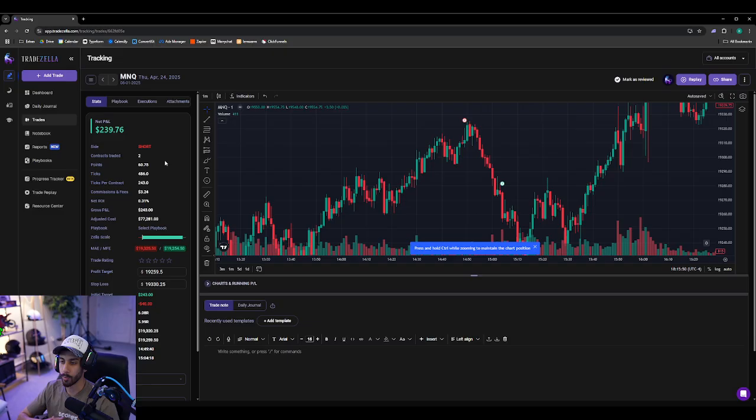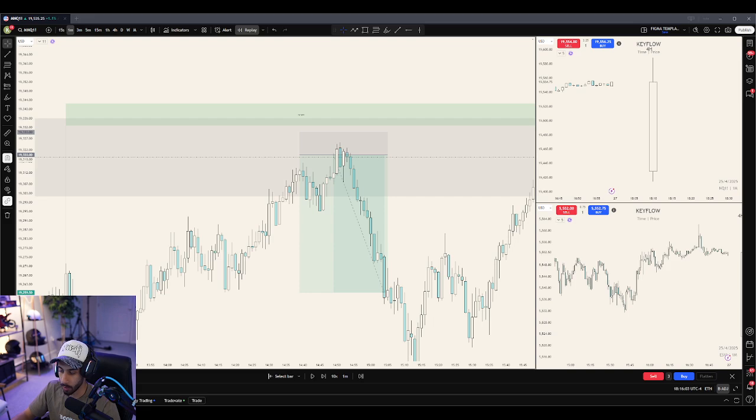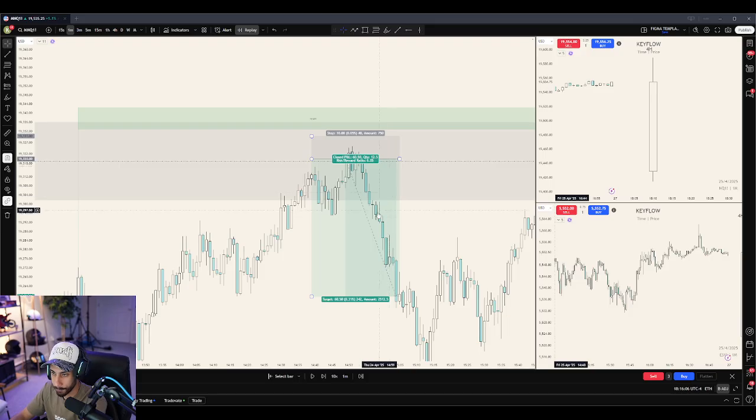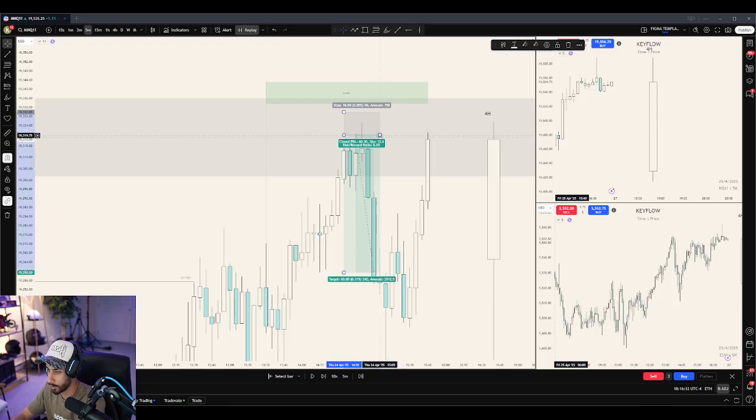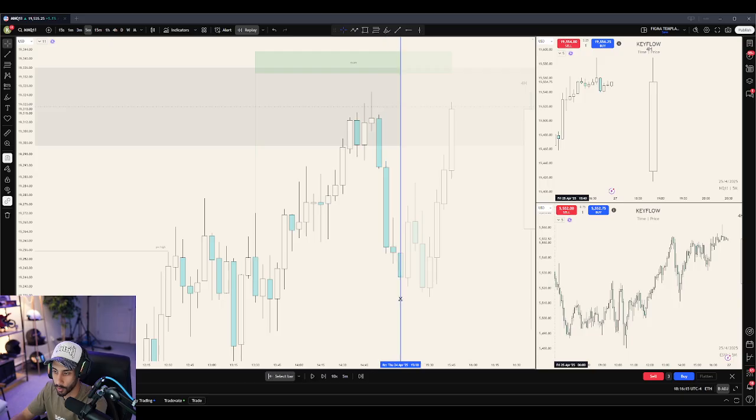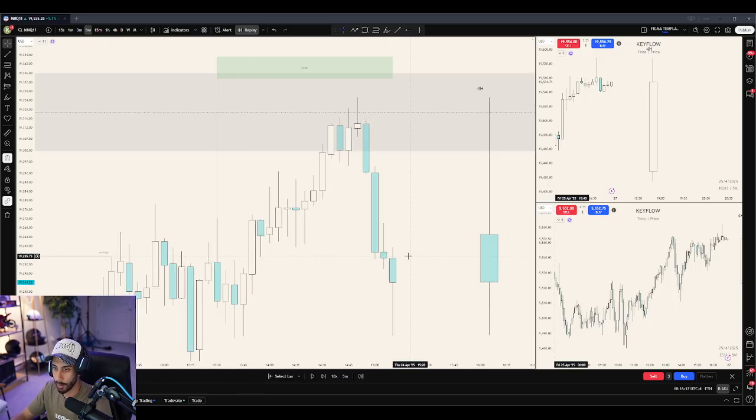And that is a quick breakdown all the way from the start to the finish, from building the narrative to building an entry and getting the actual entry model. And just so you guys get a better look at really how clean this was as far as Po3 goes, you can see on the 5 minute, you can see it very, very clearly. You have your accumulation, manipulation, and distribution legs, right? I'm going to give you a second to see if you could see it, right? And again, it's not always this clear cut and concise. A lot of the times it might be a little bit choppier, right? But in this case, you can see it very, very clearly.